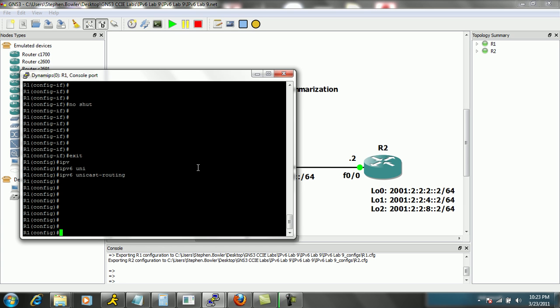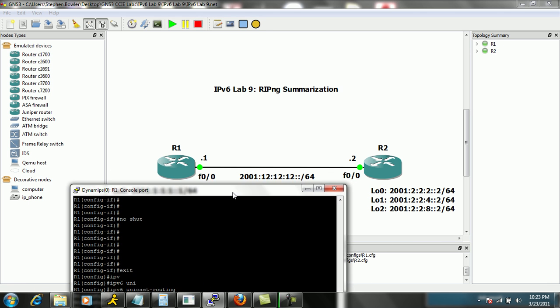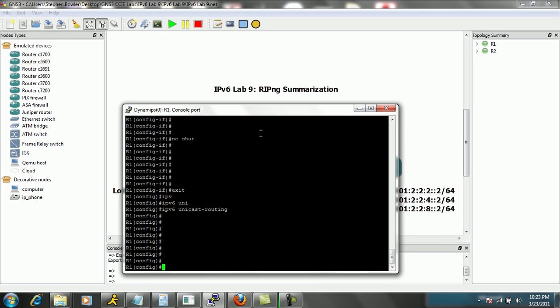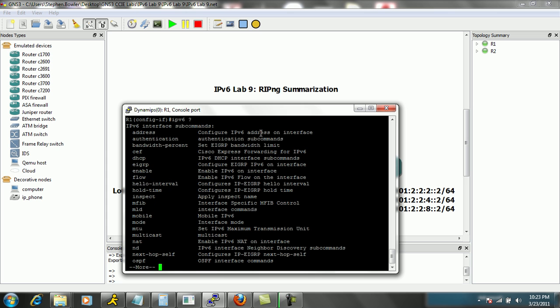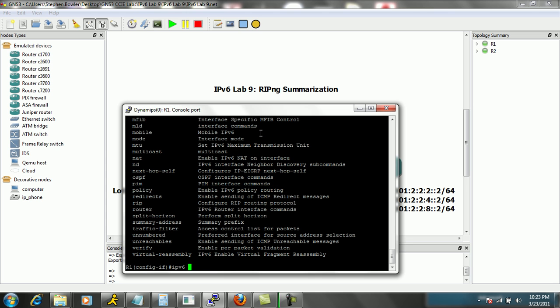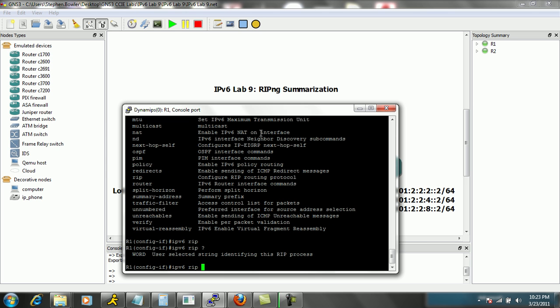So the next thing we want to do is to get RIPng running, and again this is done on a per interface basis. So on R1 we're going to go under interface FastEthernet 0/0 and do the command ipv6, and then you can see that we have the option for rip, and then it's going to ask us for our user selected string identifying this RIP process, so we can name it whatever we want. In this case we'll do RIPng,